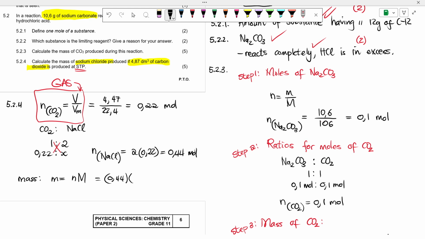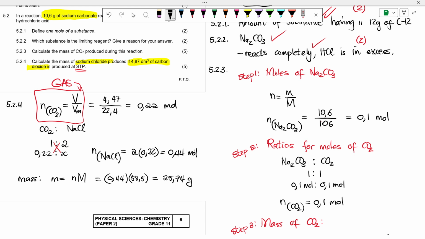What is the molar mass of NaCl? Na is 23, Cl is 35,5. 58,5 grams per mole. 58,5 grams per mole. Good. Then the moles are, the mass, 25,74